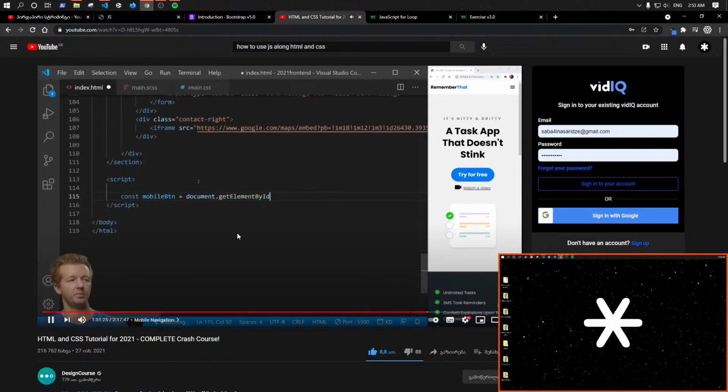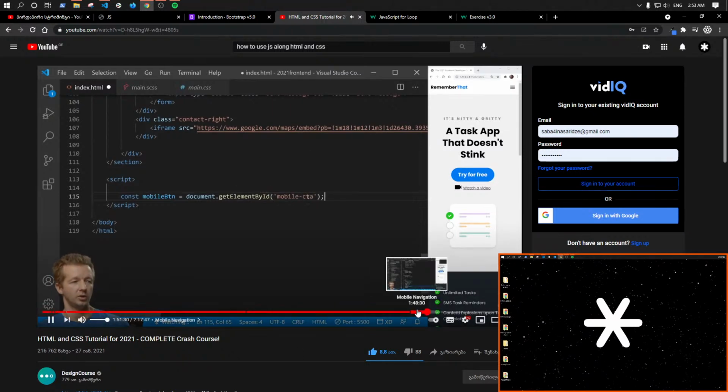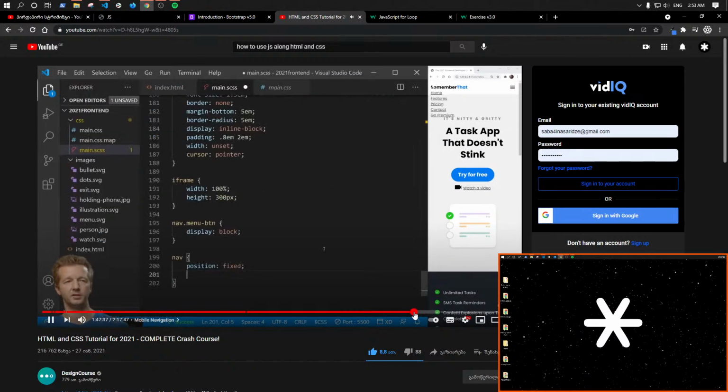Get element by ID mobile-CTA. This basically, so position fixed